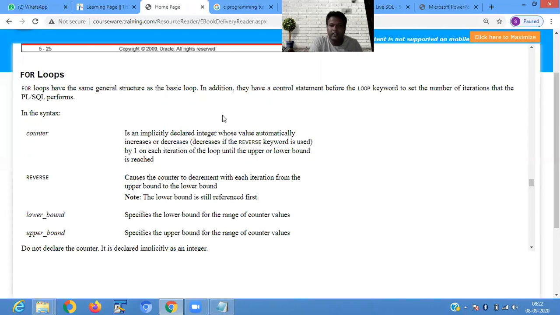Reverse causes the counter to decrement with each iteration from the upper bound to the lower bound. Lower bound specifies the lower bound for the range of counter values, meaning from where your looping will start. Upper bound is till which extent your looping will continue.